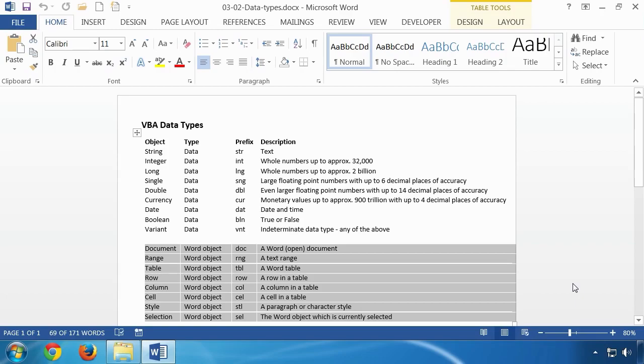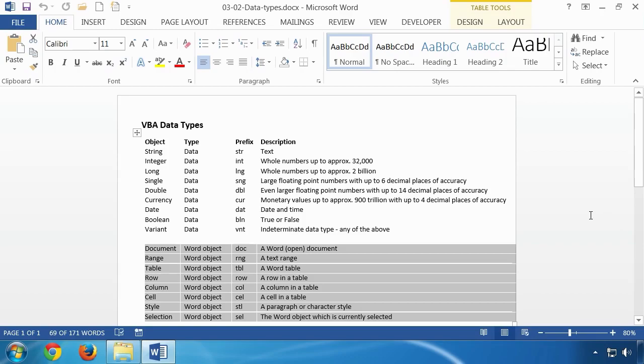Set, however, is obligatory. In this section, I will be using Let just to remind you that Let is, as it were, the opposite of Set, and just to get you thinking about which of the two keywords is appropriate for the variable that's being declared. So what we'll do now is write a macro